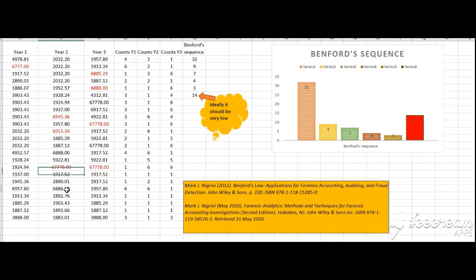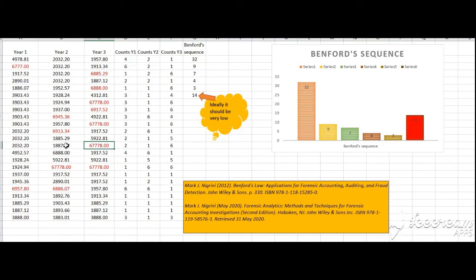Then these are the points we are supposed to look at. So we can go back to the dates, because the dates are available. We can go back to the dates and see many others are there, like this one, then the next one. So we have to search those dates and find out, like here nothing is there. Here one more I left, this one. Especially year 3, if you see, year 3 is studded with 6. And this is against Benford's law.